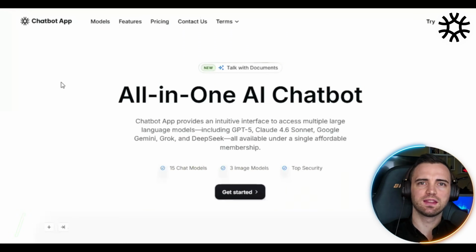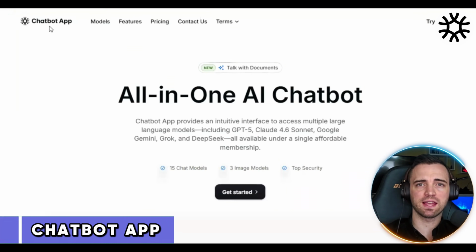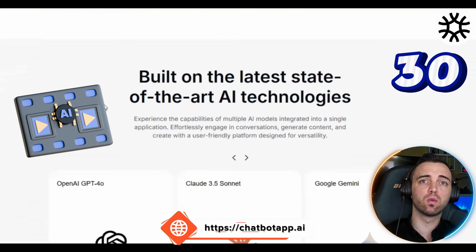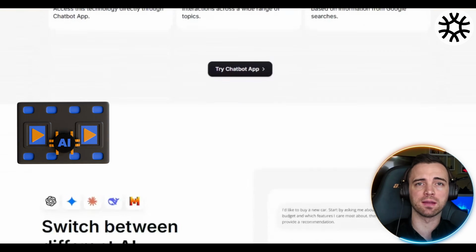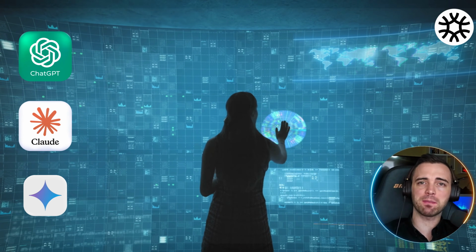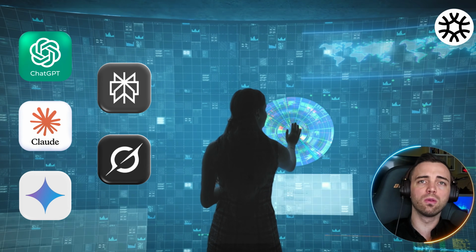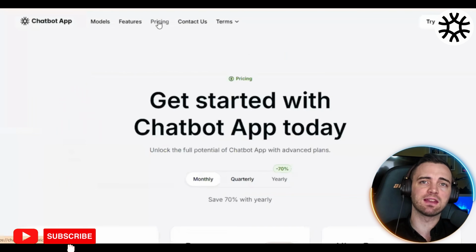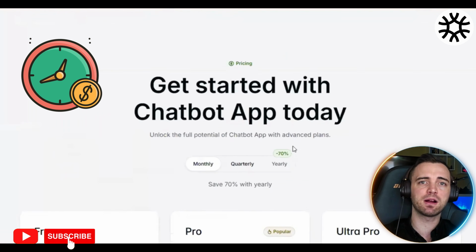Let's dive in. This is Chatbotapp AI, and it's a universal platform that gives you instant access to over 30 of the world's leading top AI models. Instead of juggling tabs, you have ChatGPT, Claude, Gemini, Perplexity, and Grok all under one roof. The ease of this is crazy because you've got everything in place and you're saving time and money on the